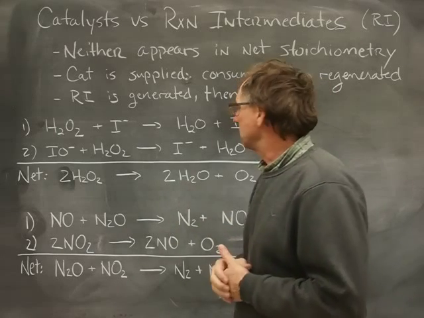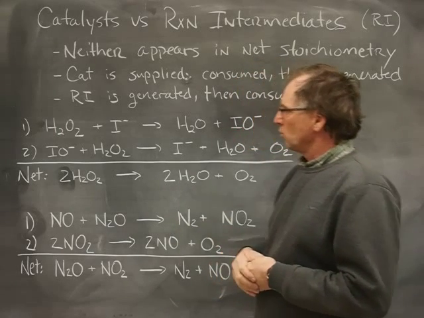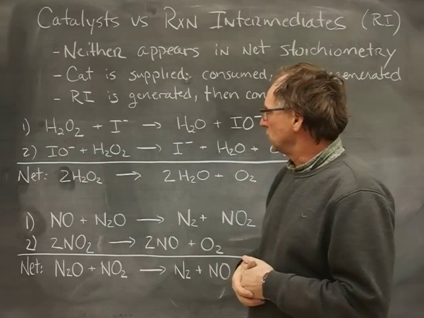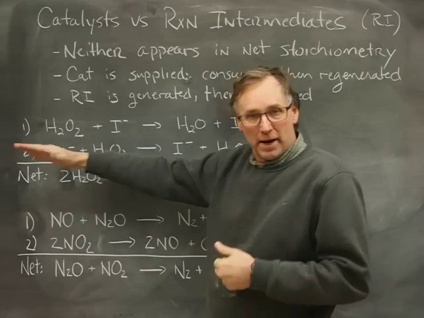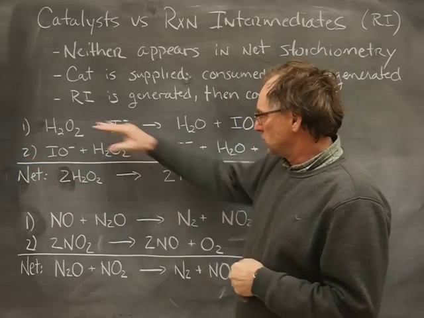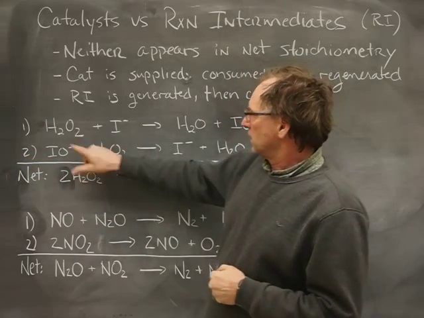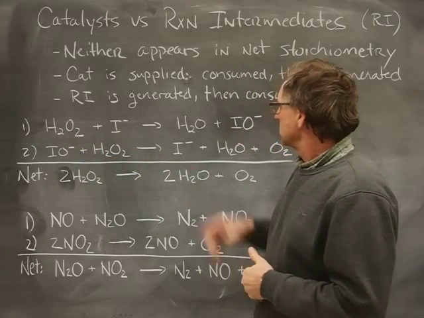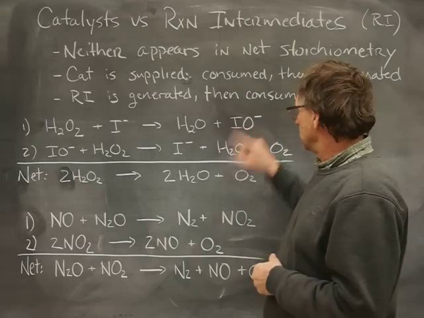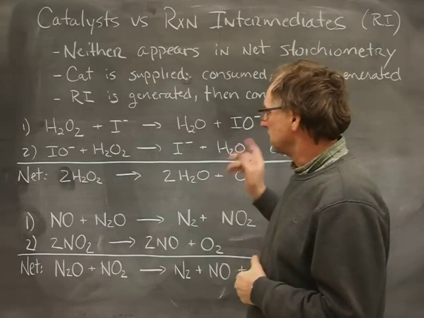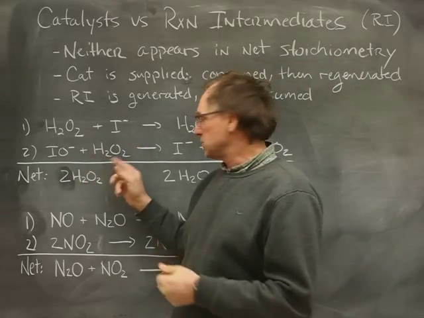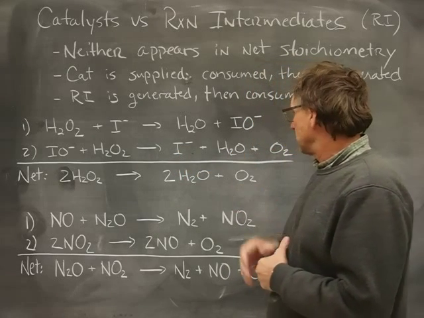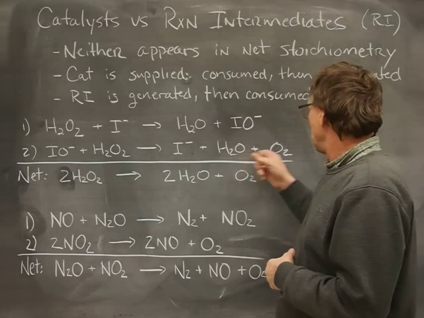So we'll do a couple of examples. One of them is the decomposition of H2O2, for which I've drawn a mechanism, and it's a two-step mechanism. And here it goes. H2O2 combines with I minus, iodide, to produce water and this IO minus. And then the IO minus combines with another H2O2 to regenerate the I minus and make another